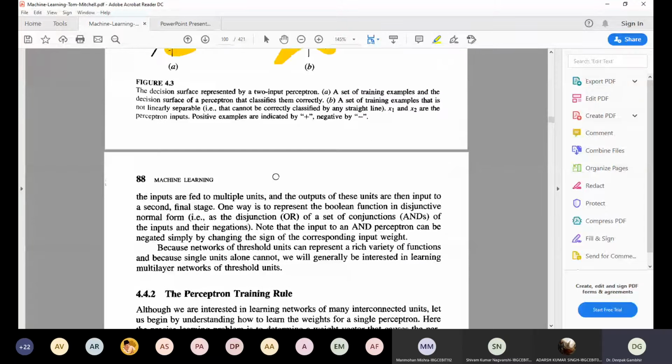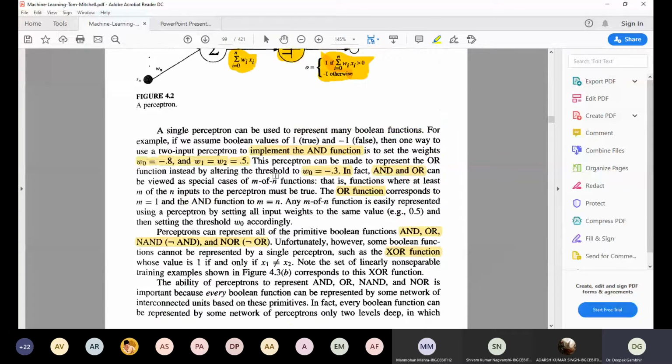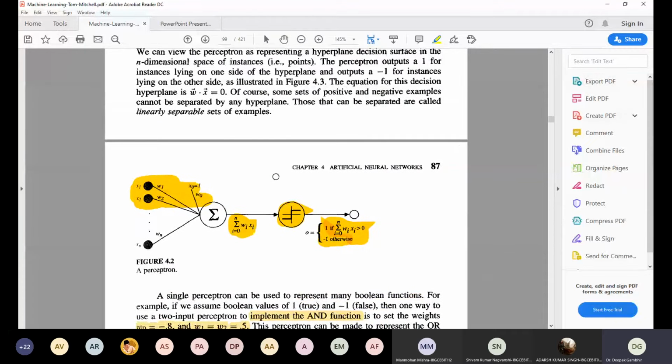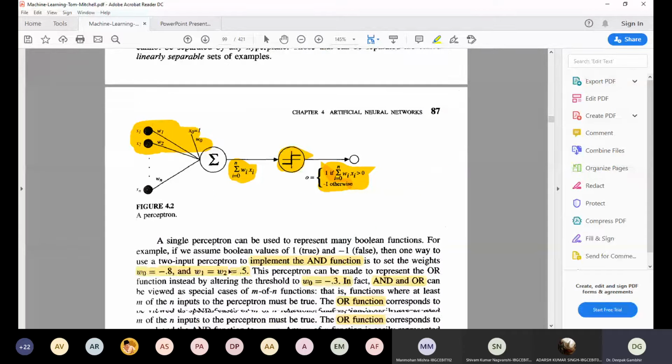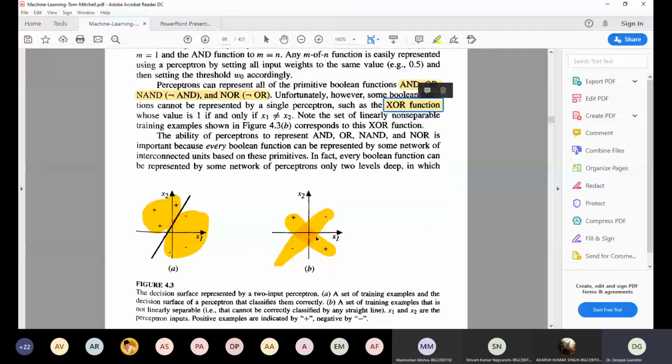So in the previous class, we studied perceptron learning. In the perceptron, there is just an input layer and an output layer. We have shown that the perceptron is successful when the data is simply linearly separable. The perceptron is not successful in the case of the XOR function, in which two positives and two negatives are on opposite sides, so there is no way they can be linearly